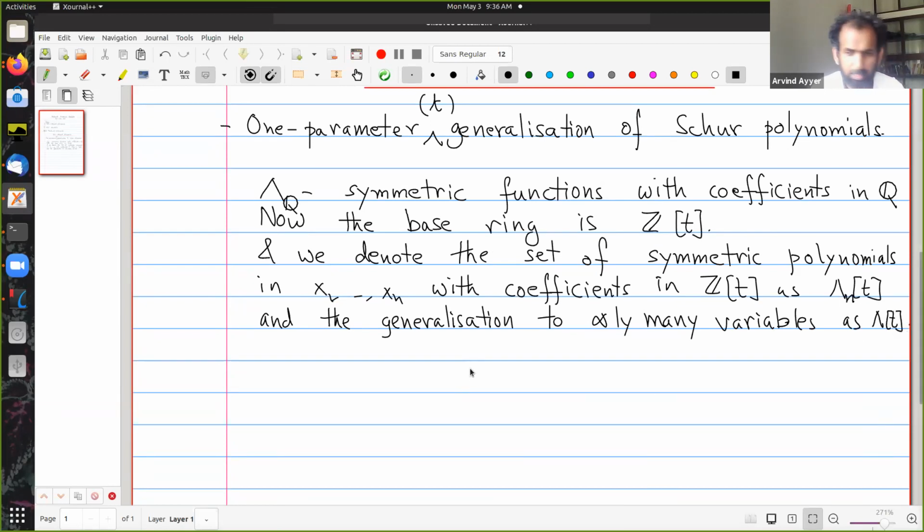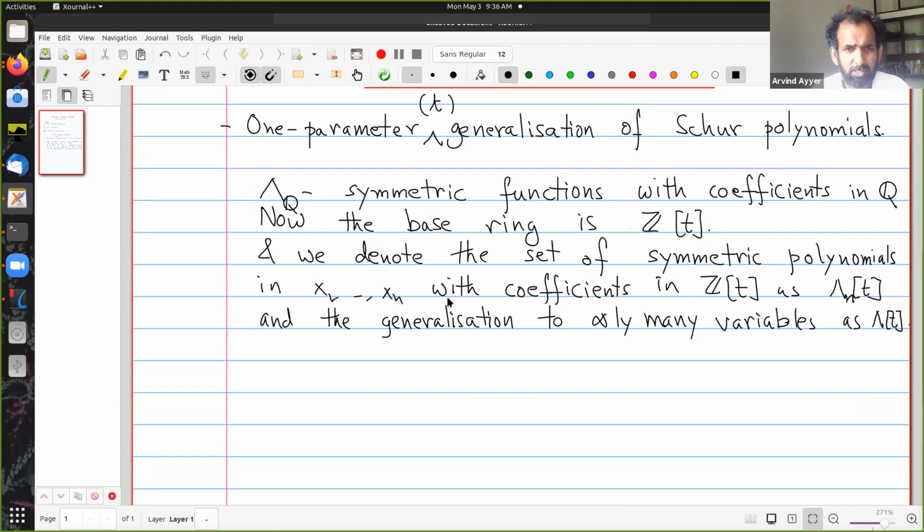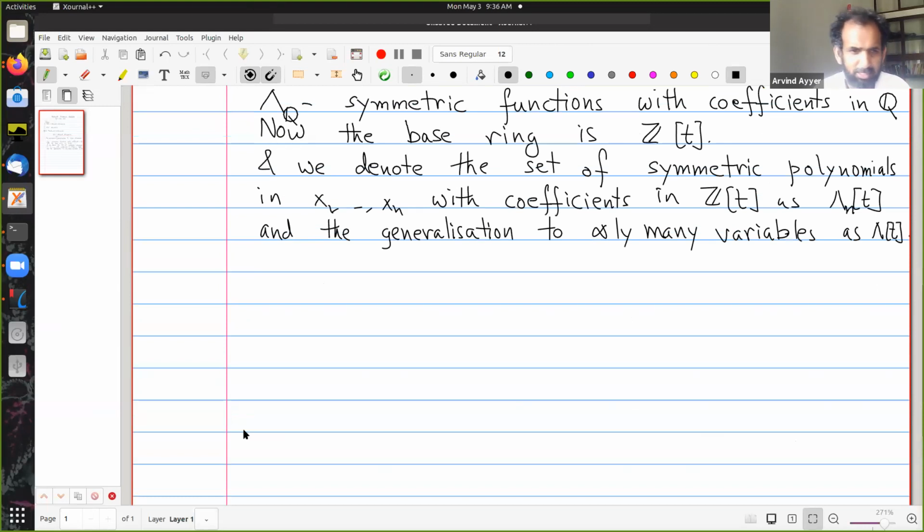Okay, so let me start with the first definition. In keeping with the theme of the workshop, the first definition will be highly unmotivated, but you will see that things become nice once you start investigating it. The motivation for this comes from the Hall algebra, but I admit to knowing very little about that. So I will directly start off with this definition. There are other ways to define it, but I'll mention them maybe towards the end of the day.